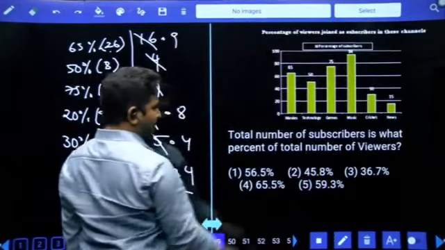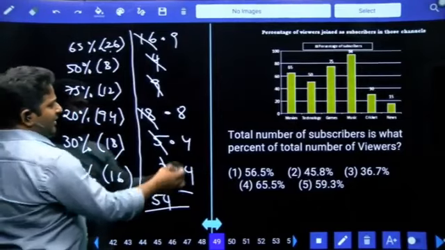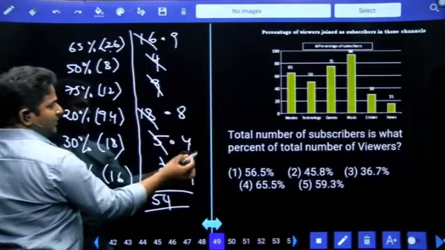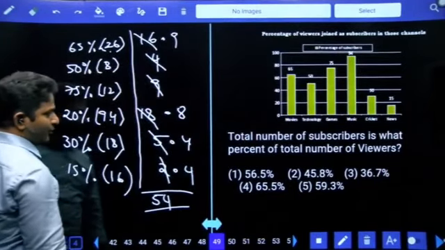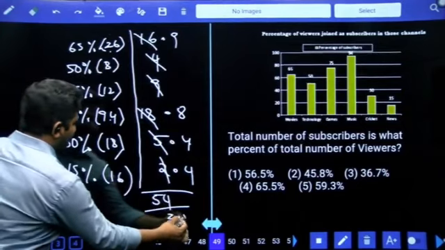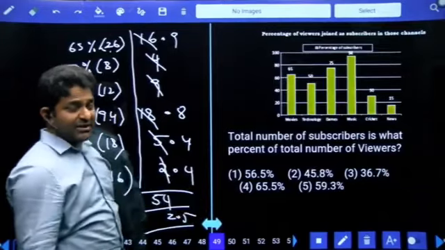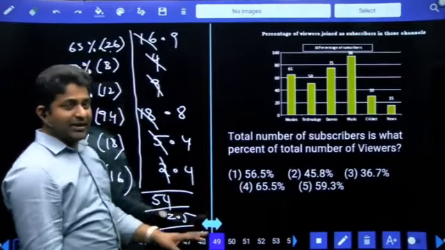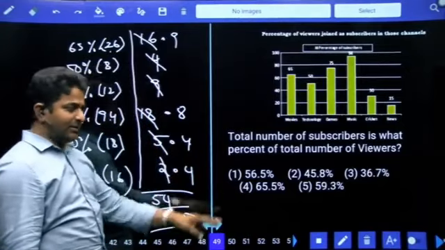Look at your options. How many options are more than that? Yes, comfortable number are there. Now let us add even other values. 0.8, 0.8, 1.6, 1.6 plus 9, that is equal to 2.5. When you add 2.5 to this number, it becomes 56.5. First option answer. This much lengthy simplification is required. Nothing can be done. If such type of questions are there in your exam, better to skip these type of questions.